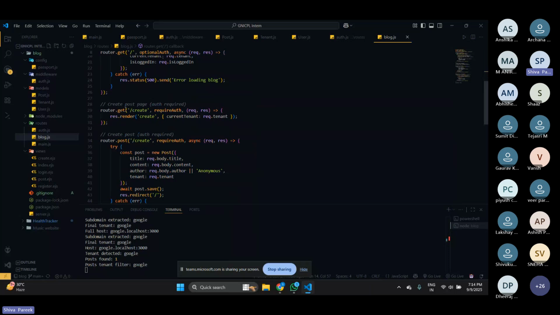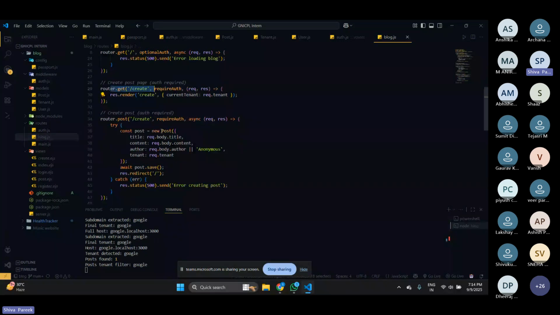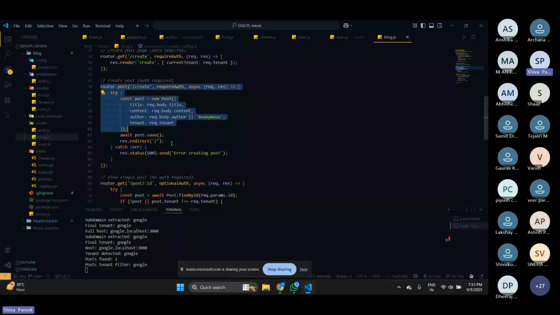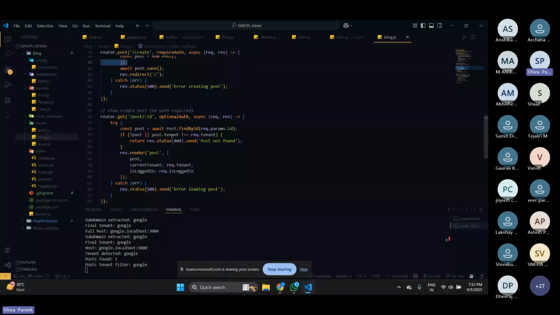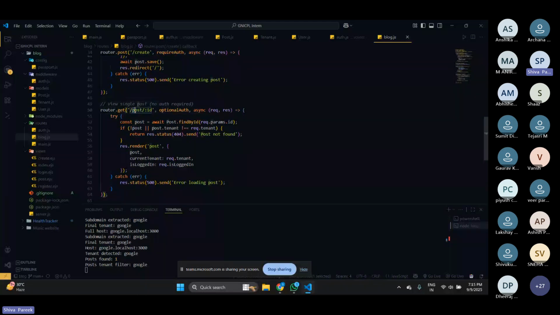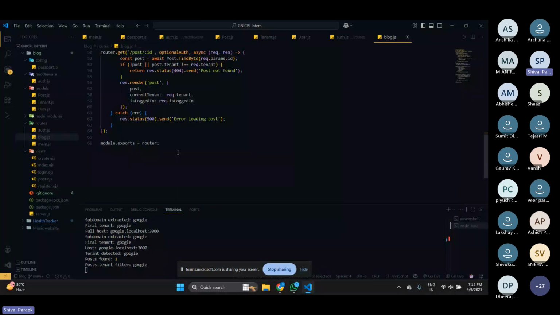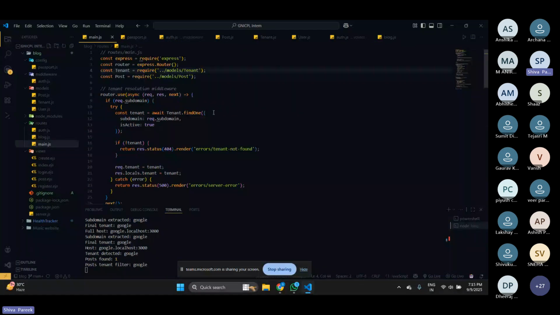And here is a create post page, and create post. And if the route is dashboard/post/ID, then it navigates to this. And similarly to the main.js,